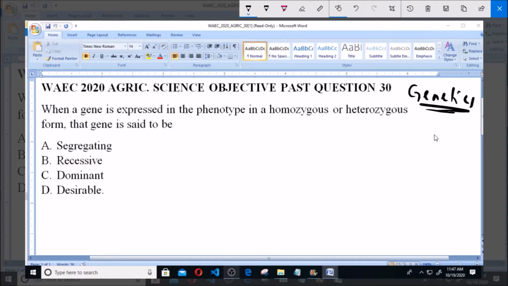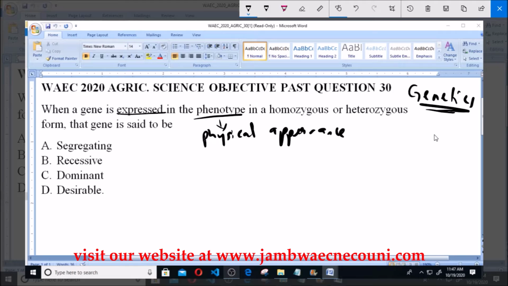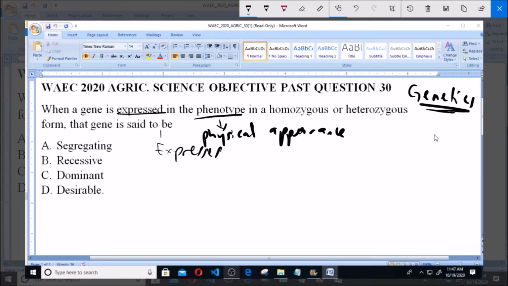So we're asked, when a gene is expressed in the phenotype. Phenotype refers to the physical appearance of an organism. So when a gene is expressed in the phenotype in a homozygous or heterozygous form, that gene is said to be. In other words, if you rephrase this question, you are being asked what do you call a gene that always expresses itself in the presence